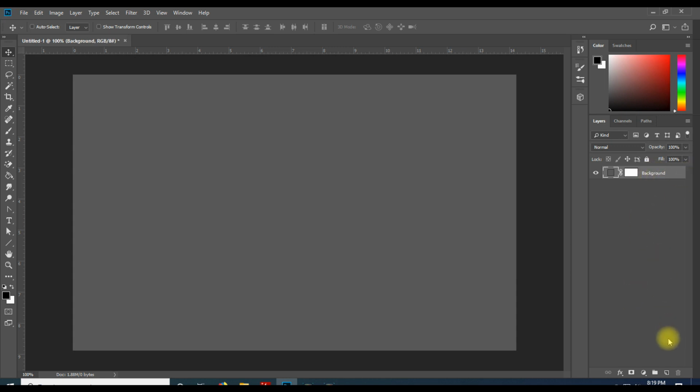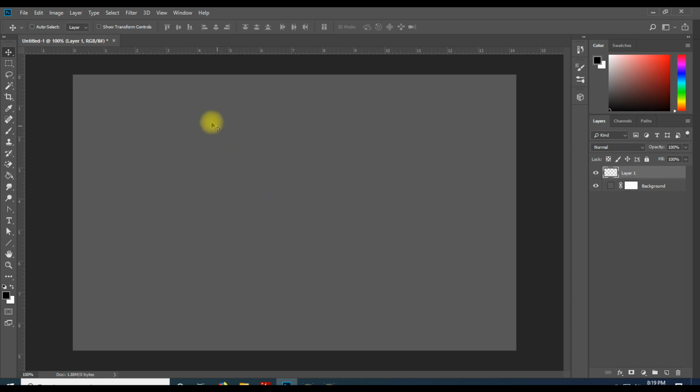And then I'm going to add a layer. I'm going to come down to the bottom here where it says new layer. So create a new layer. And this is going to be the layer I'm going to draw on. Now I do want to separate my two pages, at least visually, so I know where to work and how